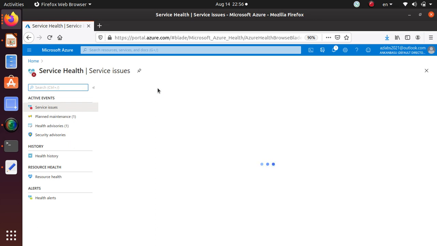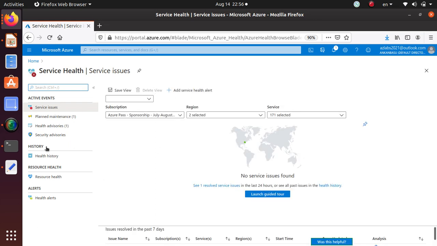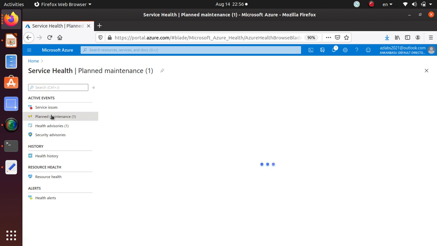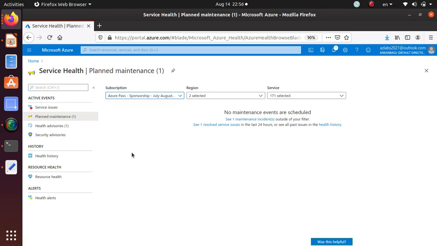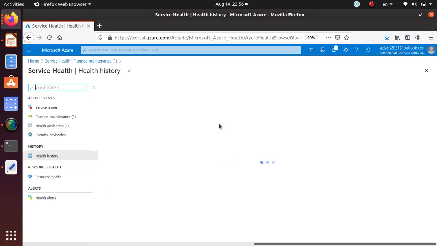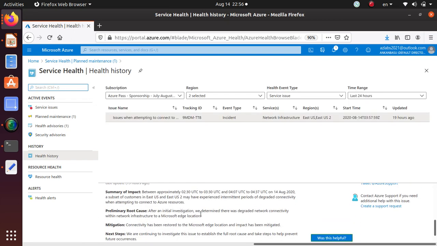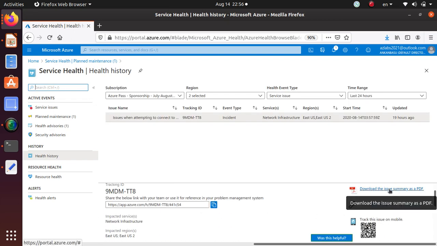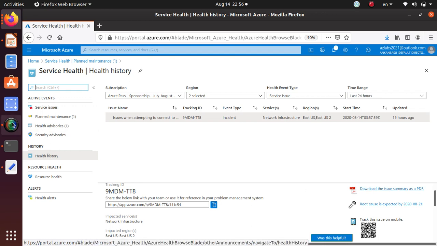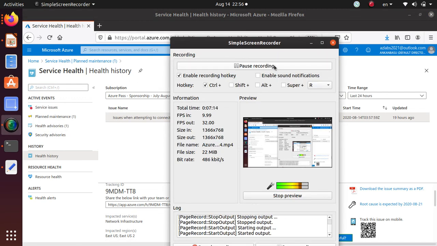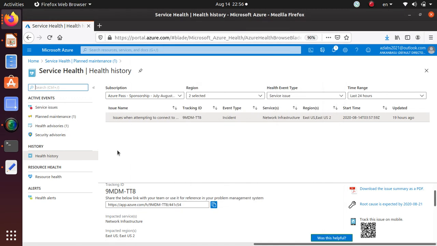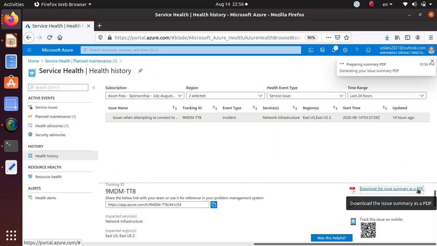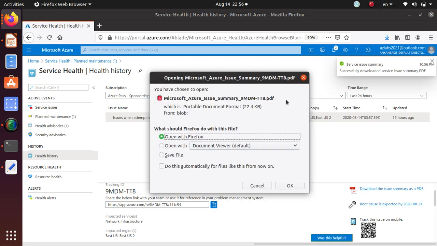It's a very useful resource, and it's got good reporting features as well. If you want a detailed report, you can download this issue summary as a PDF report. Sorry for the background noise. What I was saying is that you can download the report, and it will be available as a PDF document.